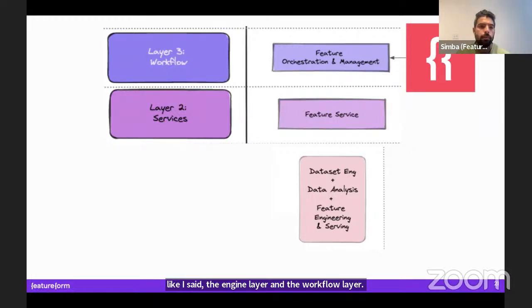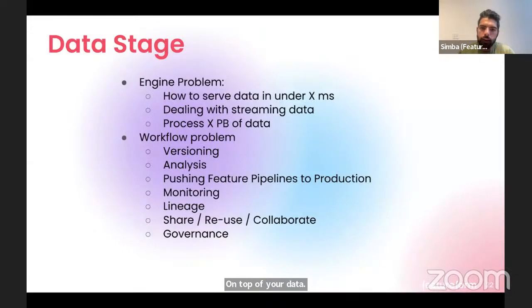Now, the engine layer is things like Spark, Redis, Kafka, whatever data infrastructure that you use to build and store features. That's layer 2. Above it is layer 3. In this vertical, those tend to be things like feature stores. Featureform, we actually call ourselves a virtual feature store in that we entirely focus on the workflow on top of your data infrastructure to do things like versioning, analysis, getting feature pipelines into production, monitoring, lineage, sharing, reuse, collaboration, and